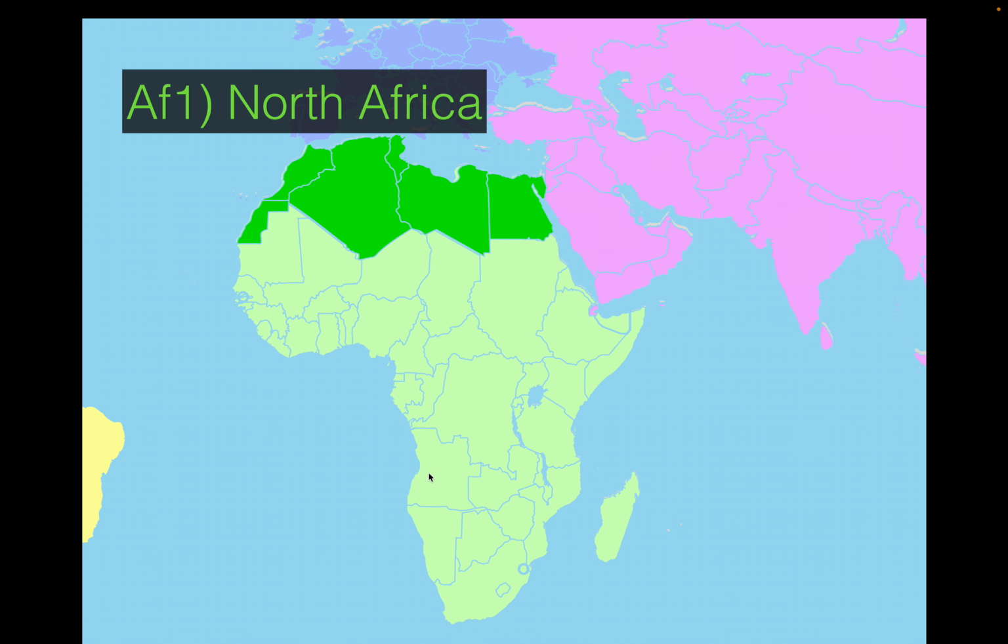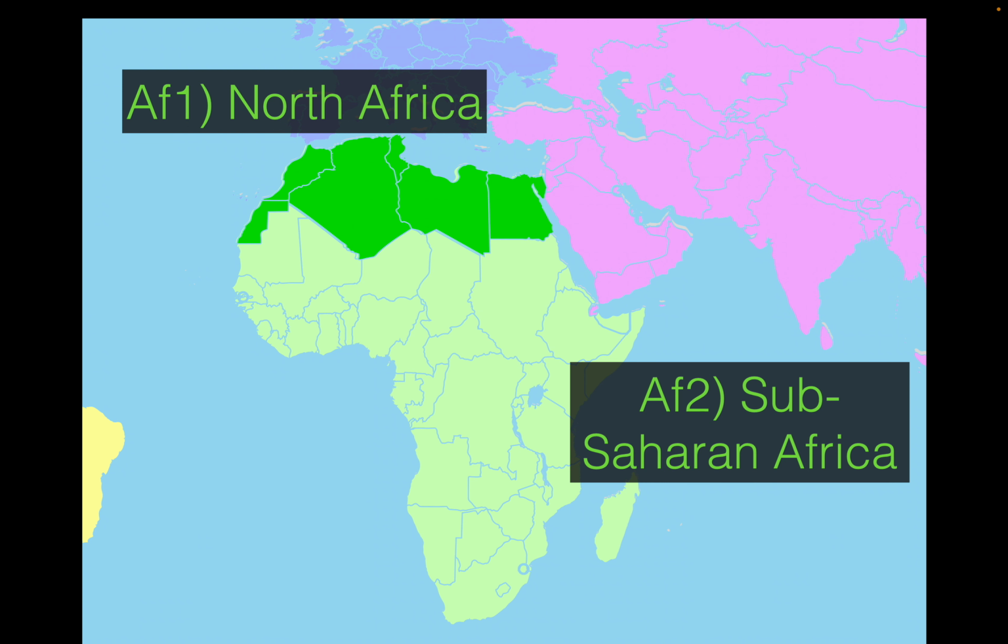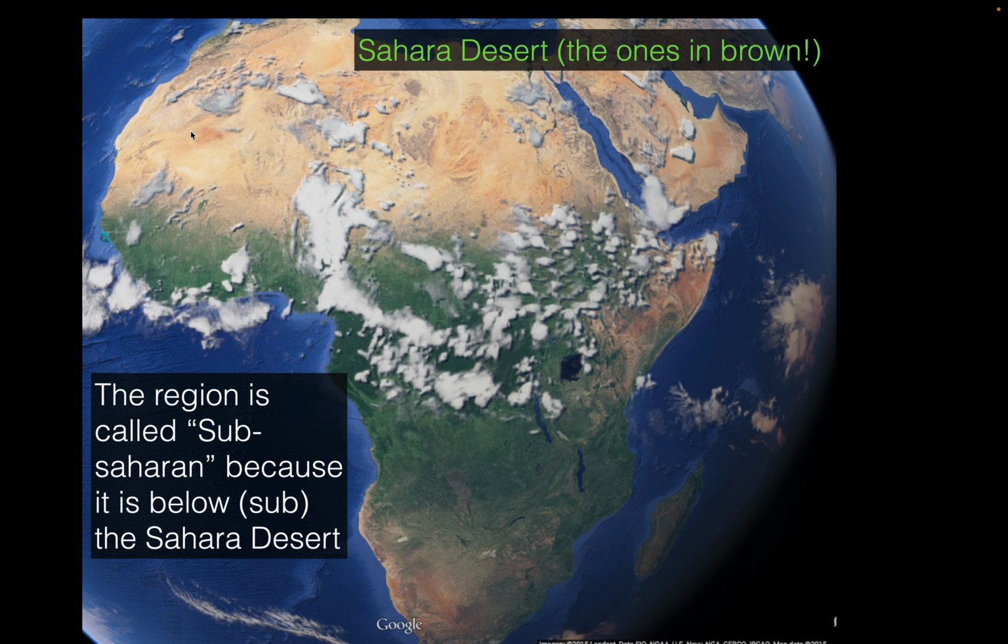Okay, so you often see data, especially for food drop, right? North Africa is usually more positive than the rest of Africa. Okay, so this is one anomaly to look out for when you do distribution questions. Right? Now the rest of Africa, we call them Sub-Saharan Africa. Sub means below. All right. Why do we call it below Sahara, sub-Saharan? Because if you can see this whole brown patch over here, this is the Sahara desert.